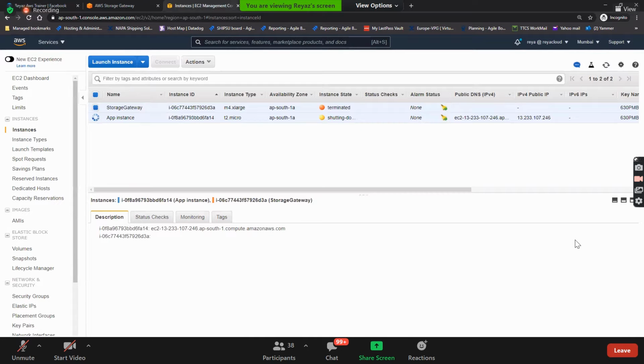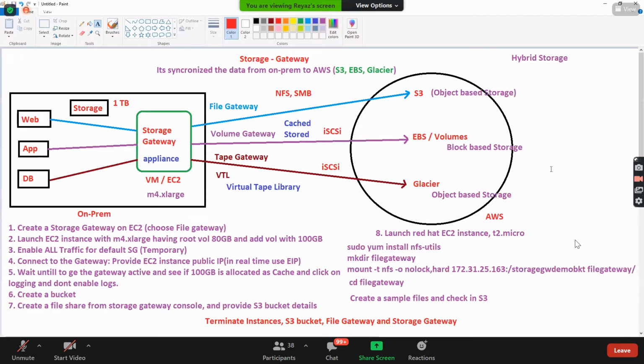So guys, this task is up to you, but it doesn't cost much because you will be using it only for 1 hour. So for 1 hour, it may be some 30 or 40 rupees you need to pay, or maximum $1, 60 or 75 rupees, if you want to do this practical.